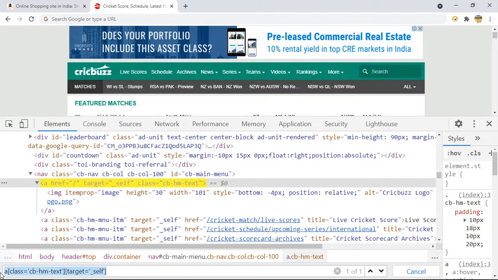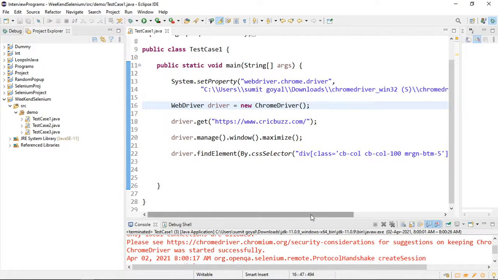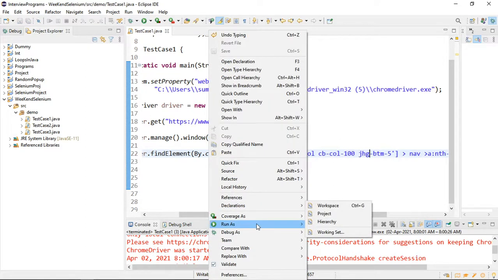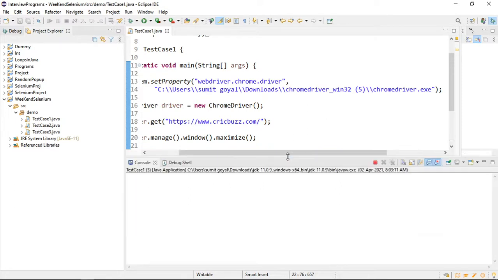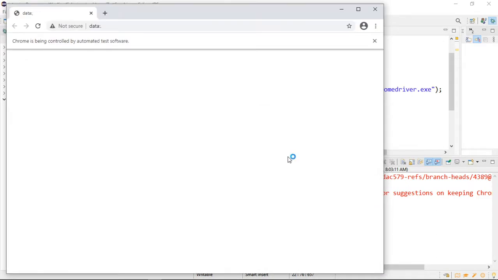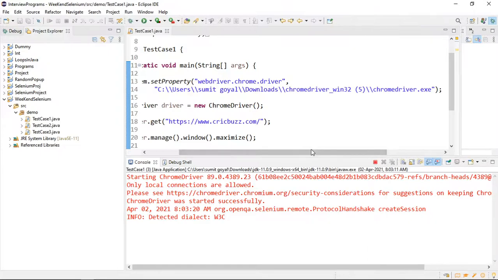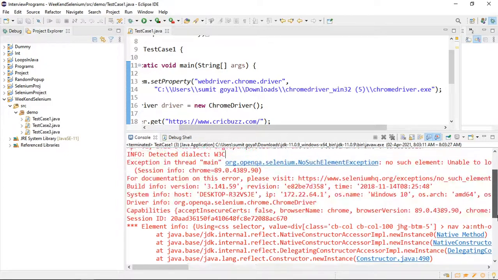Or, okay, suppose this is our CSS. If I make any change, like if I put some different character and run it, we will get an error.